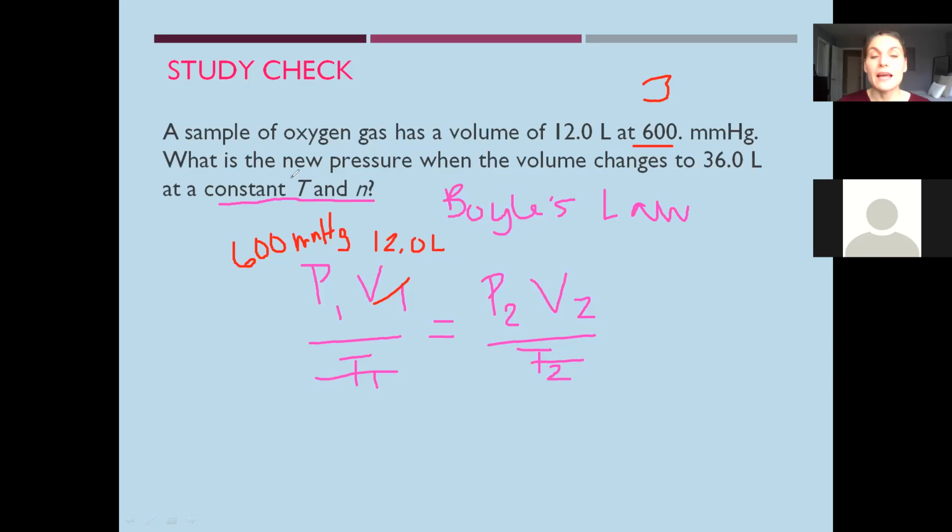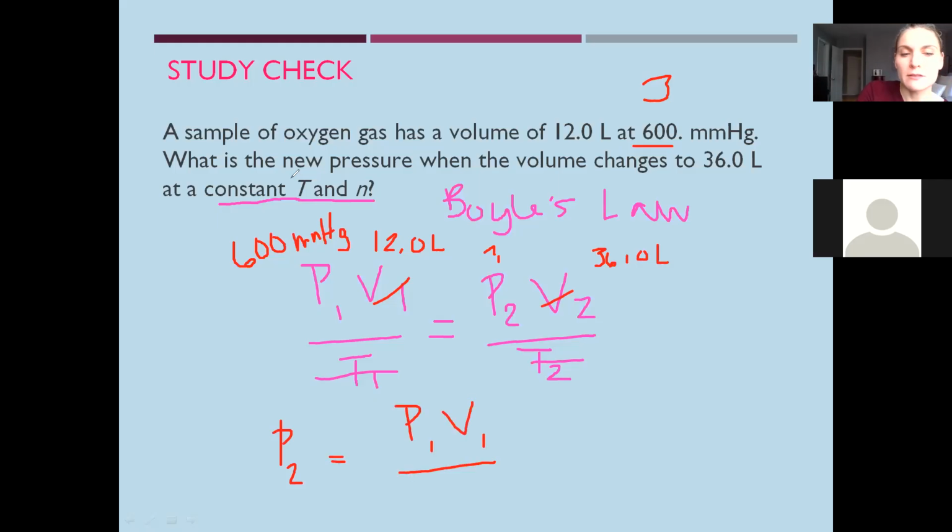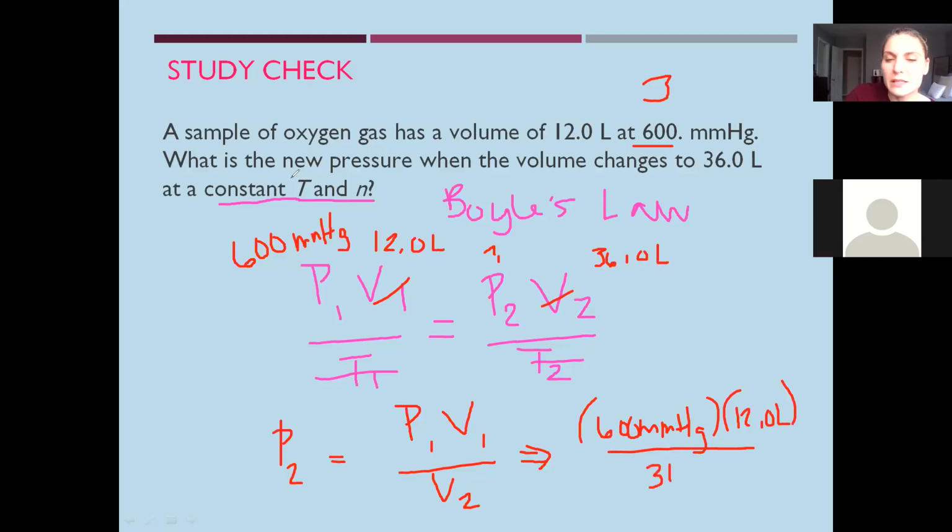All right, they also tell us now what is the new pressure. So this is what we're looking for. This is what we don't know, this new pressure, P2, when the volume changes to 36.0 liters. So now we're going to solve for P2. And so P2 will be P1 times V1 divided by V2. When we look at this problem and throw all the pieces together, we have 600 millimeters of mercury multiplied by 12.0 liters divided by 36.0